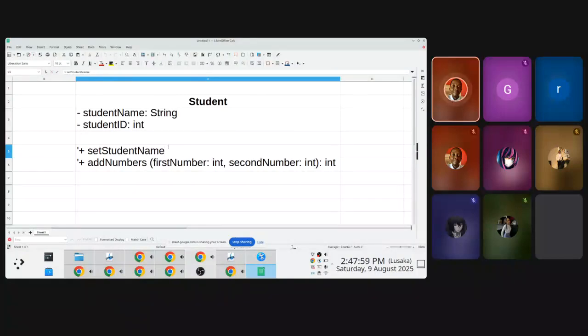It's public like this because we're setting values. We have student name of type string, like this. There's no default value here. What is the return? It's void. So we'll have void like this. And then